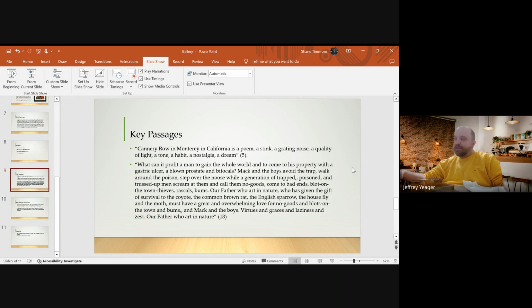How we all get so wound up in our lives and our jobs. Sometimes we get so caught up in that we forget who we are, what's important. And here, Mac and the boys are. Steinbeck actually, I don't know if you put it on your next slide, he actually calls them philosophers at one point. These are the true philosophers.